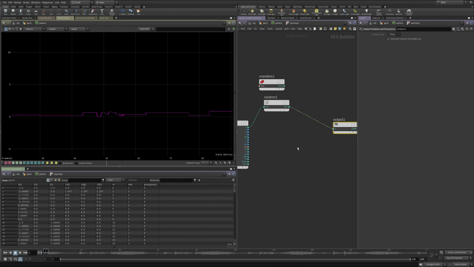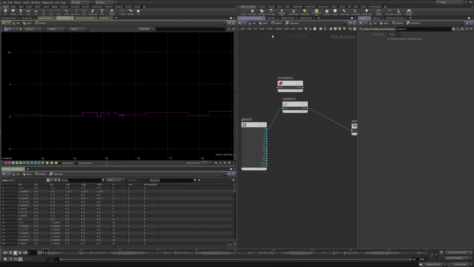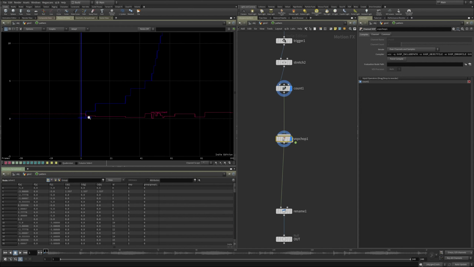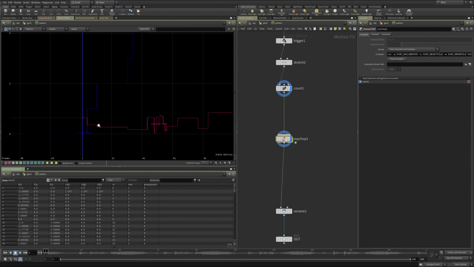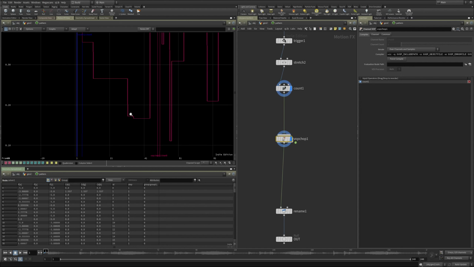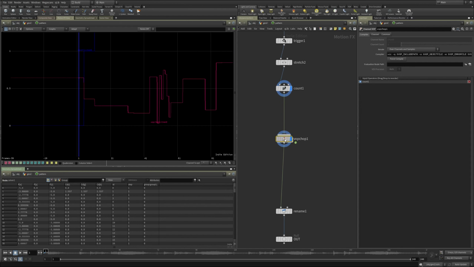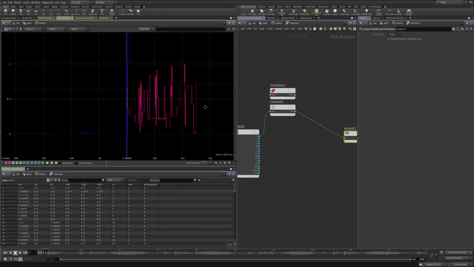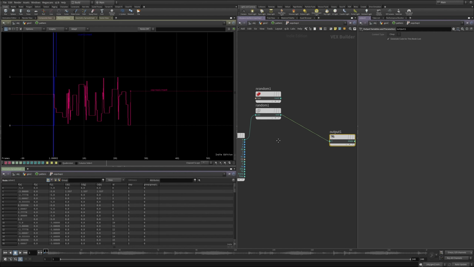So if I just plug a random number into there, let me hop back up. And so I'm looking at our count and our random VOP. So we're getting a different random number every time. So every change in our value, we're getting a slightly different rate. Even if it's just a very subtle change, we're getting a value. And that's because we know that random numbers are between 0 and 1. And all of these values are between 0 and 1.